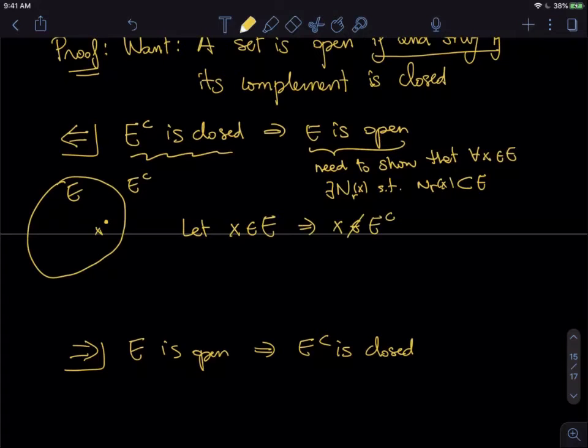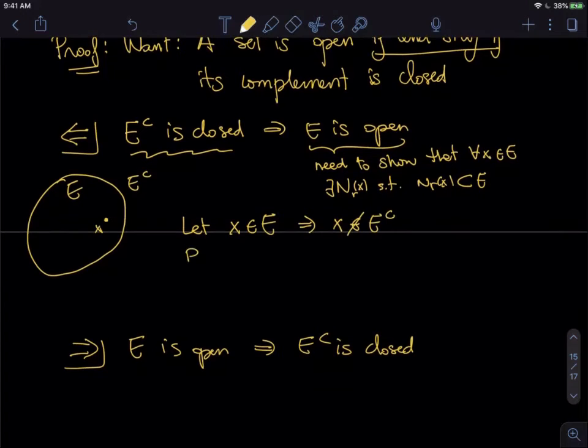That's the definition. But because the complement is closed, that means it contains all the limit points. That means that X is not a limit point